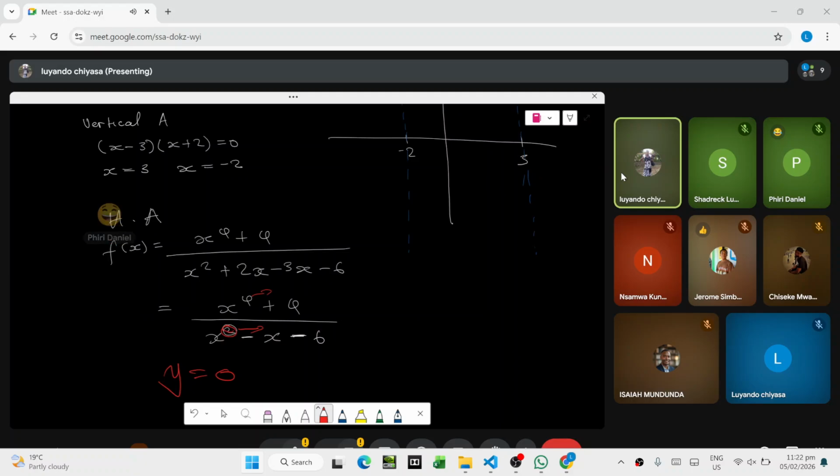Yes. So when the power on the denominator is higher than the x power on the